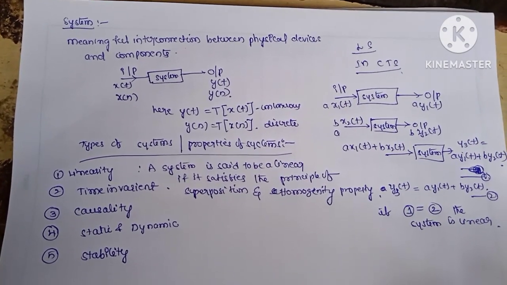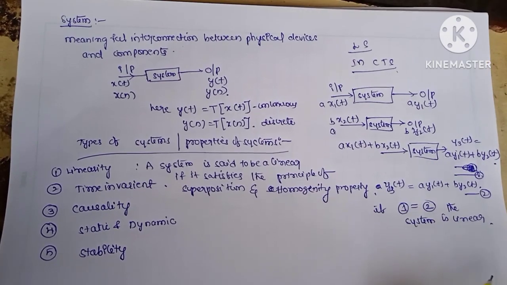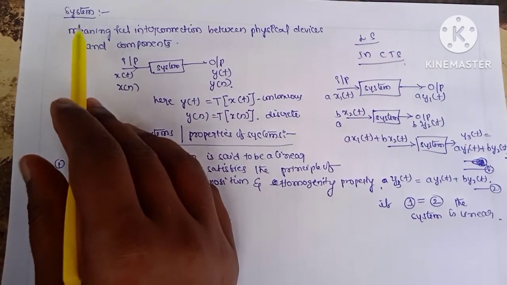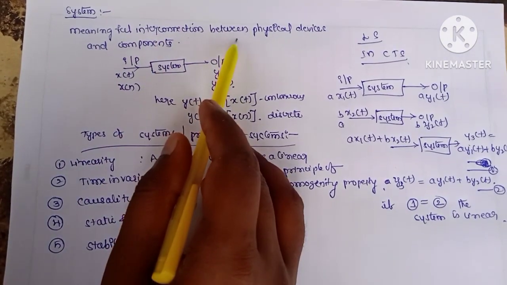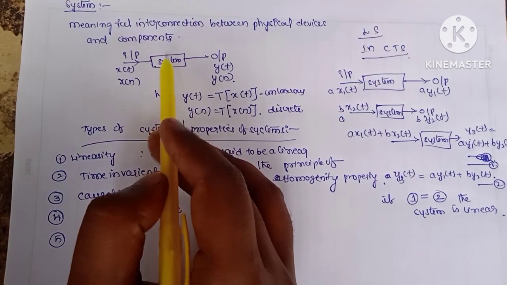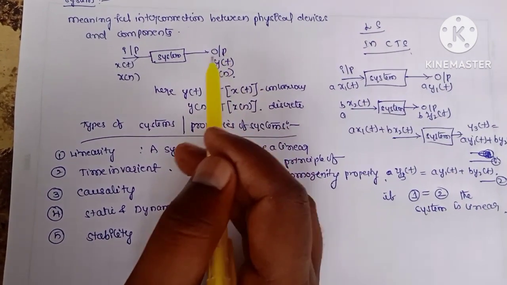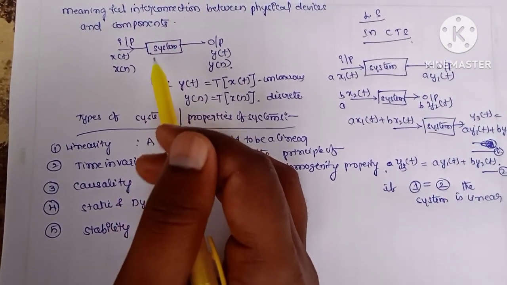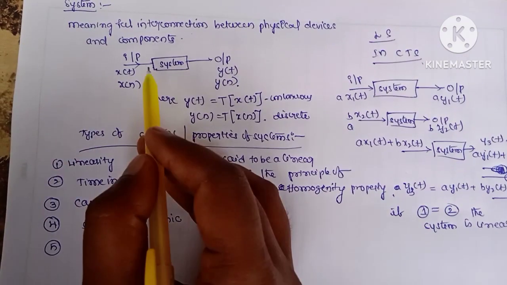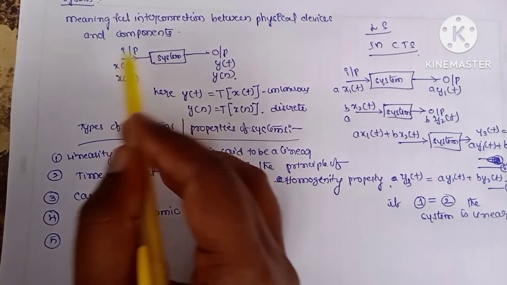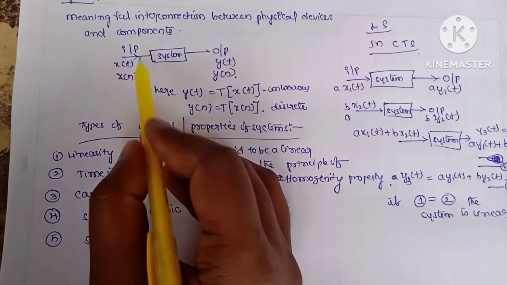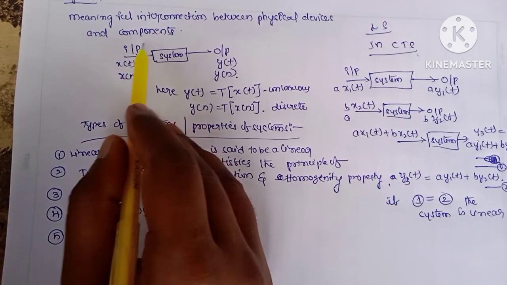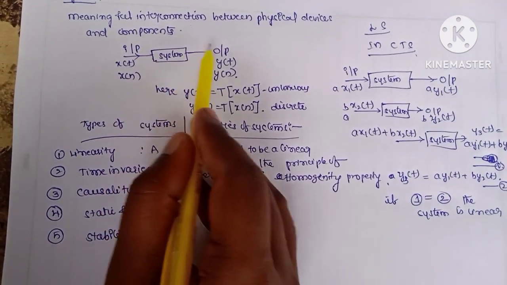Today we are going to discuss the system. What is a system? According to this definition, a system is a meaningful interconnection between physical devices and components. The physical devices may be output devices or input devices, and components are in general. In general, what is a system? If we want to understand it in general, the system is something which processes the input which we give and gives the